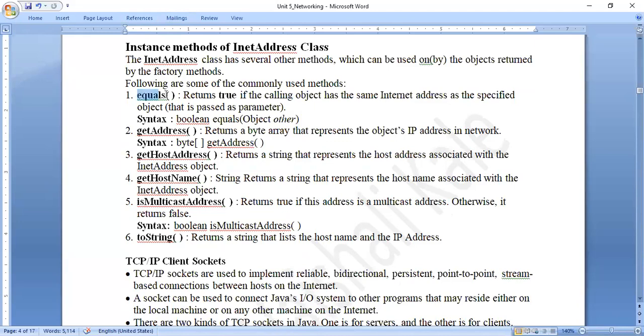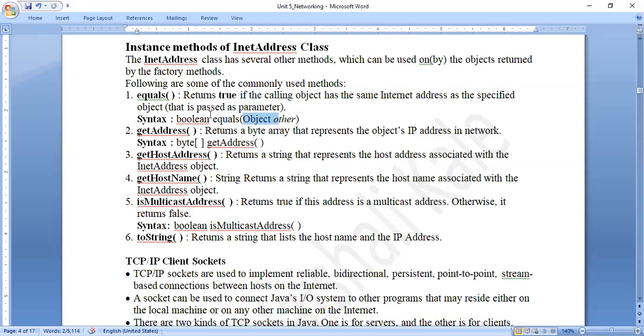There is one method called equals. As you all know, this method will be called by the object. Let us look at the syntax first. This method is going to return true or false. It will return true if the calling object is equal to the passed object.